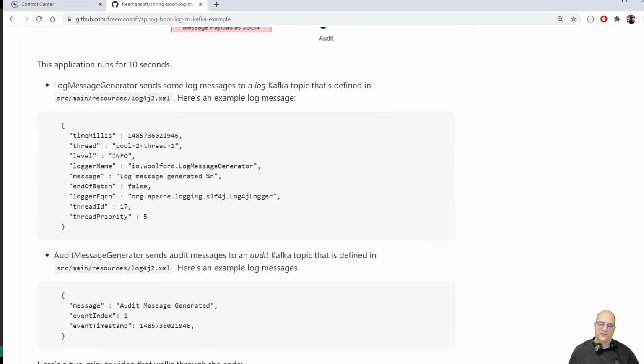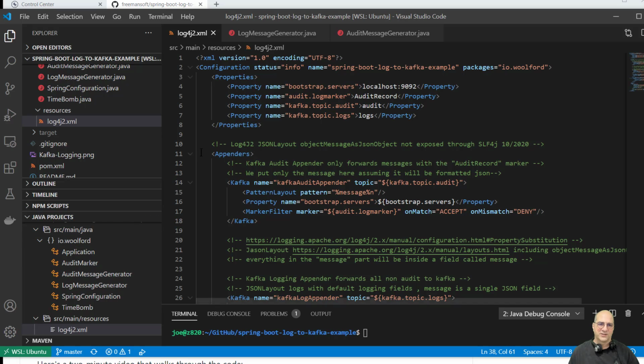What I did was something different for the audit. For the audit, I actually set it up where whatever you send is the only thing that shows up. So in my case, I actually took a map. We created a map of fields, and then we converted that to JSON, and we logged that, and I'll show you that in a minute. So if you look at the way this works,